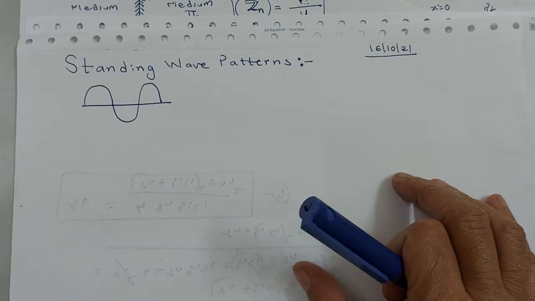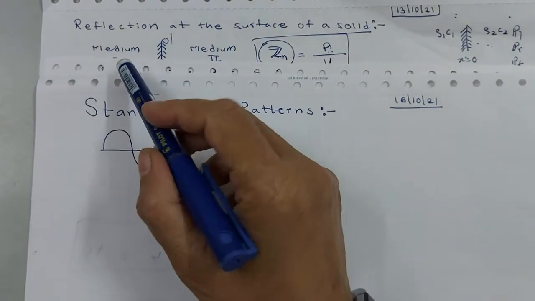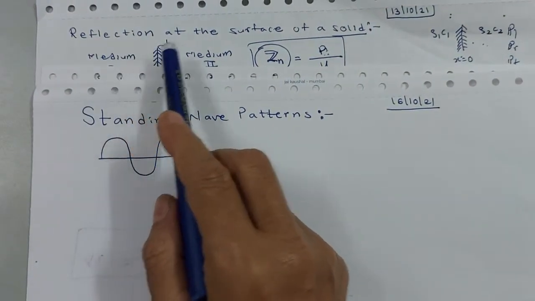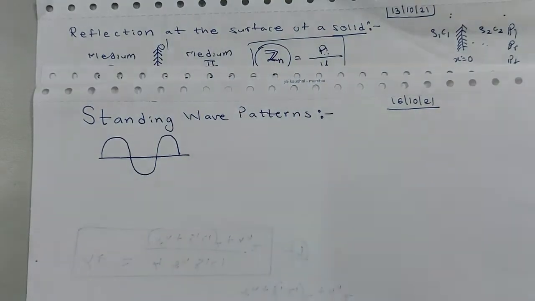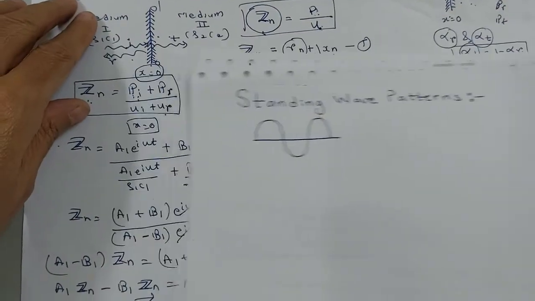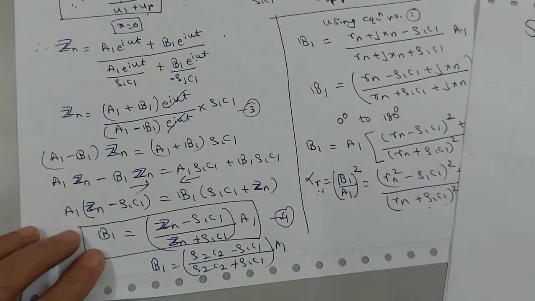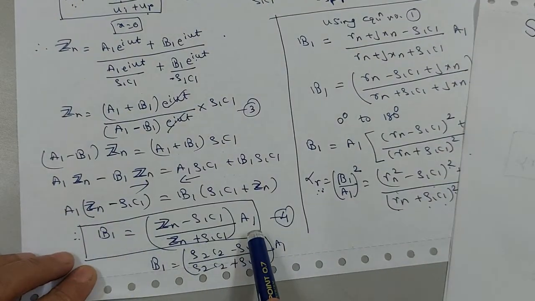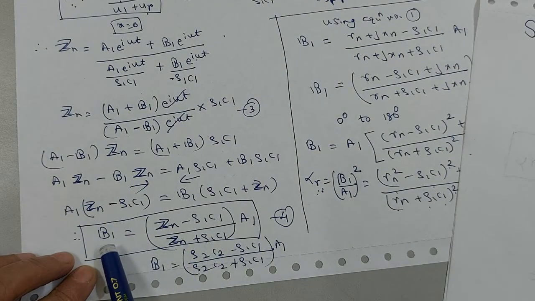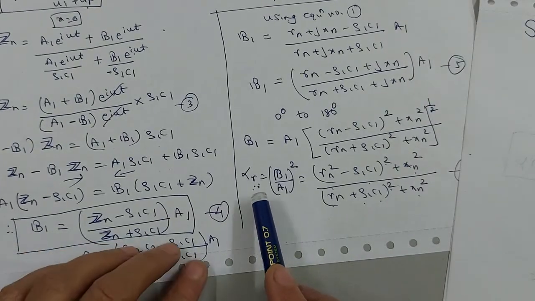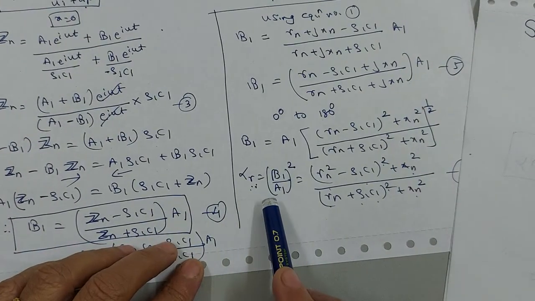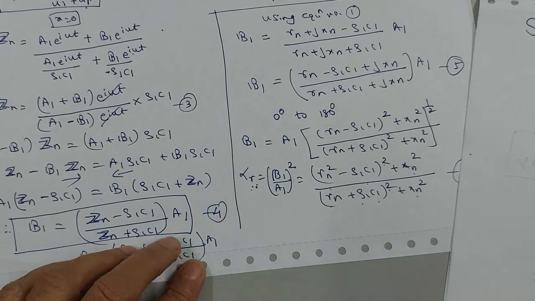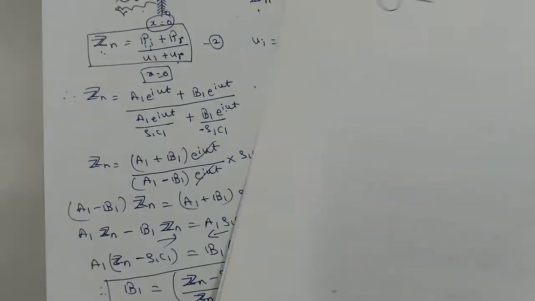Hello students, after completing the topic which is reflection at the surface of a solid, where we had the value of B1 in terms of E1, B1 was complex, and we have defined the value of alpha R and alpha T, we will move forward with the very important